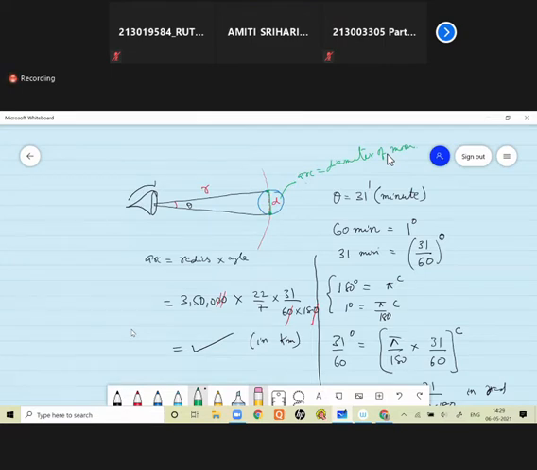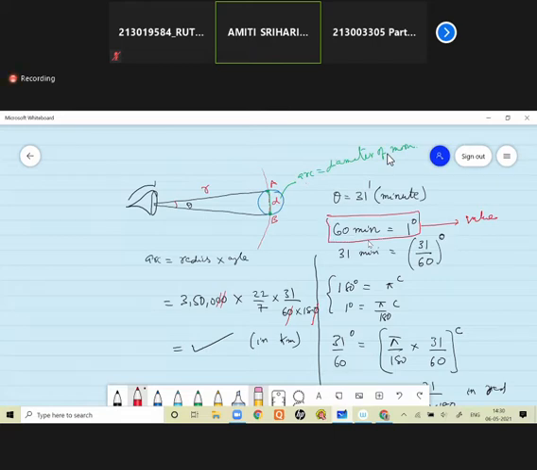Sir, we understood this problem. This is A and B, this is the diameter. Where you have doubt, you tell me. Sir, from 60 minutes is equal to 1 degree, from that to radians I understood, remaining I understood. How did you find that angle? So 60 minutes is equal to 1 degree, it is the value. You should remember the value.